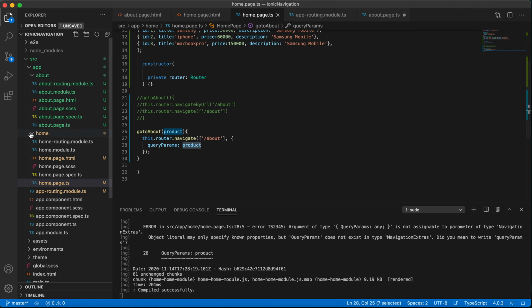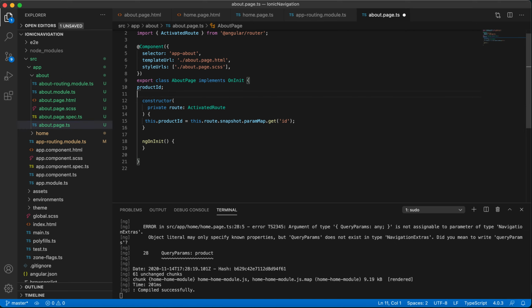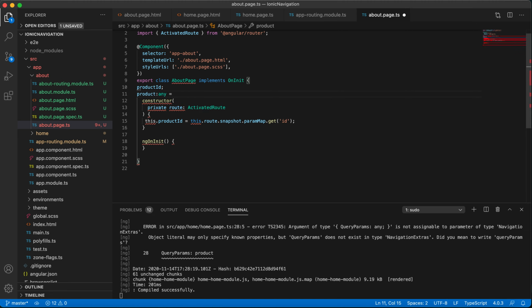Now let's retrieve data in the about page. Here we need to call our product object. It's any, and initially it's going to be an empty object.